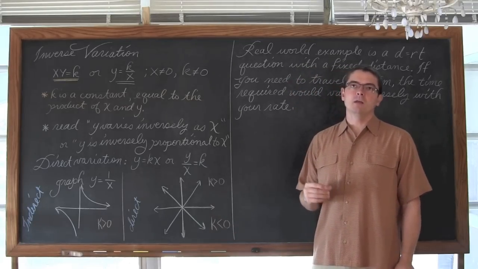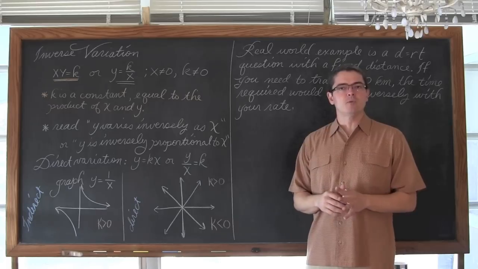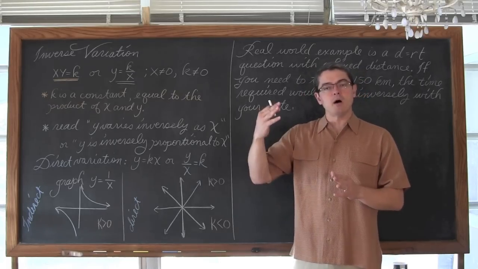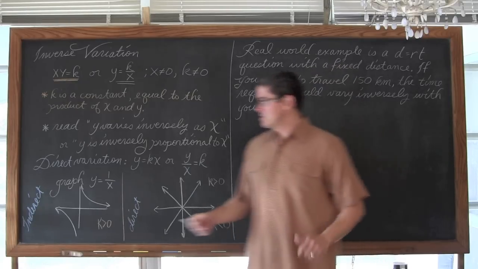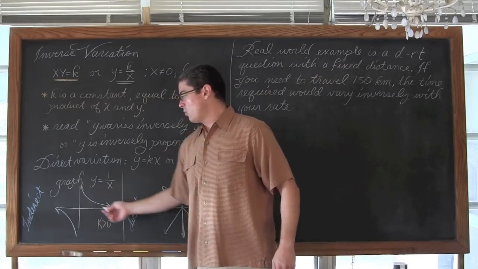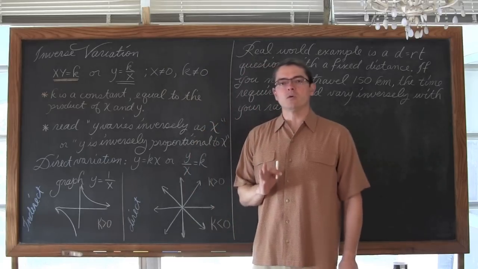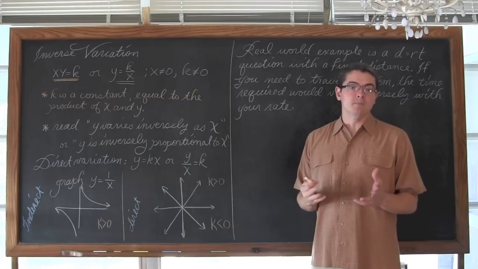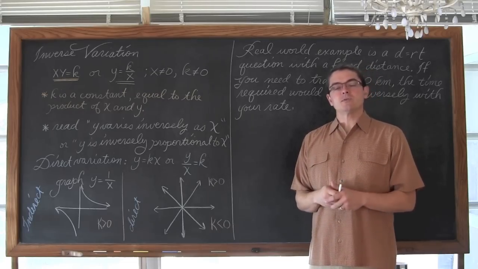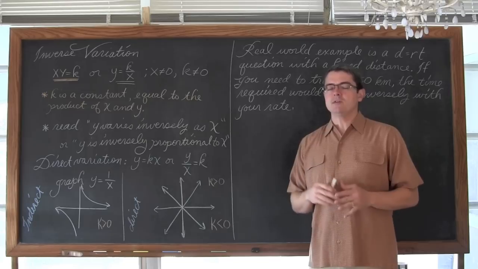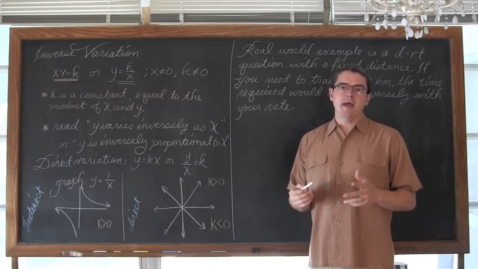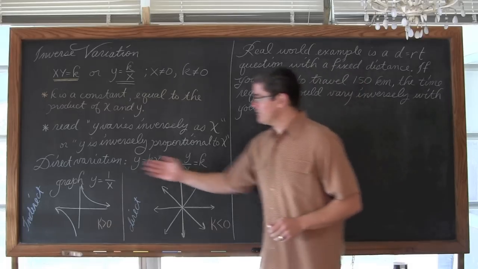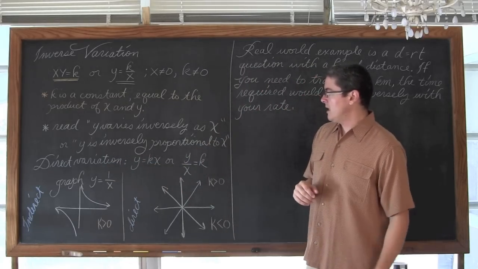So you might be able to get away with most of your problems thinking that for direct variation, as x gets bigger, so does y, and with inverse variation, as x gets bigger, y gets smaller, but that's not really correct. It would only consistently get you right answers if your textbook always gives you problems where the constant k is positive, but it does not have to be. So what is the difference between inverse variation and direct variation?